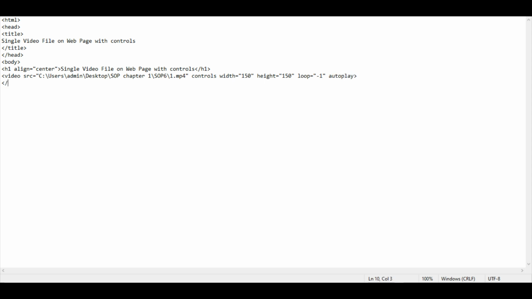So this was our first web page. I'll just close these tags quickly. So this is our code. I'll just press save, that is Control S, and I'll take you to the web page output we'll be receiving after writing this code. So I'll just take you to the output.